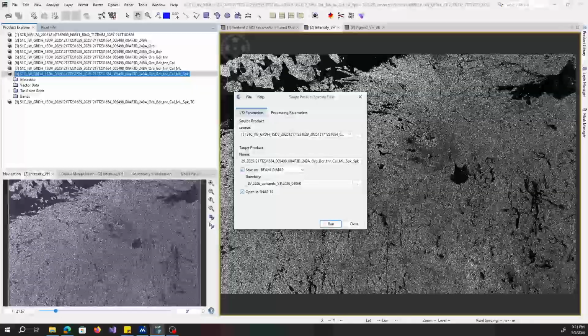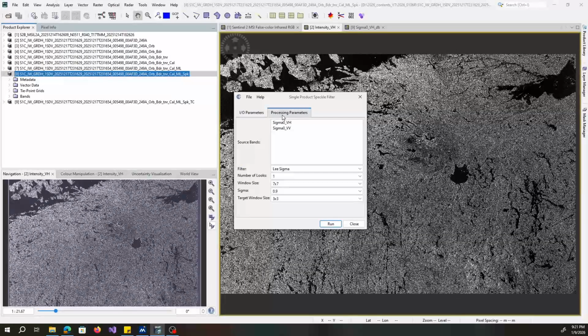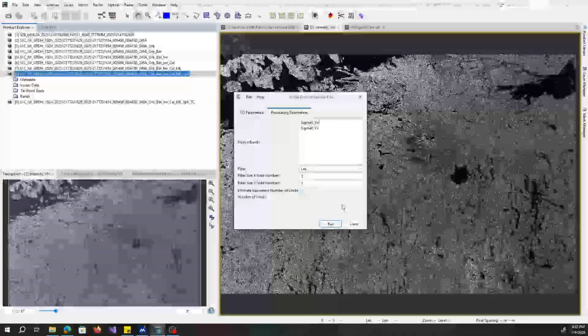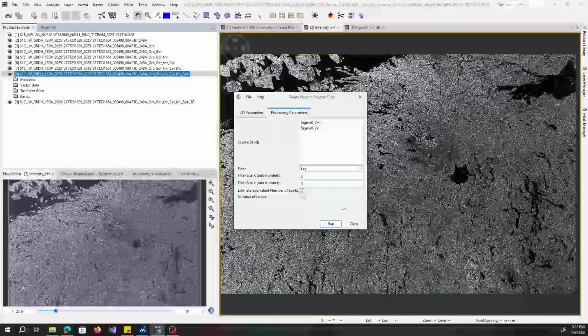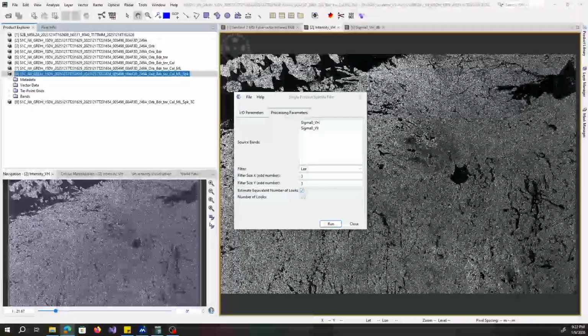The raw synthetic aperture radar image originally has, as I mentioned earlier, inherent salt and pepper kind of texture that is defined as speckle noise. It makes features hard to interpret